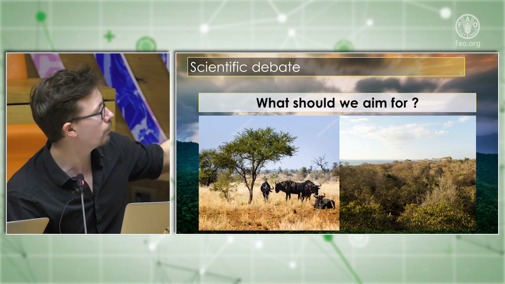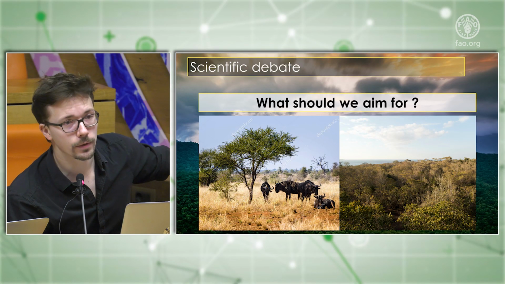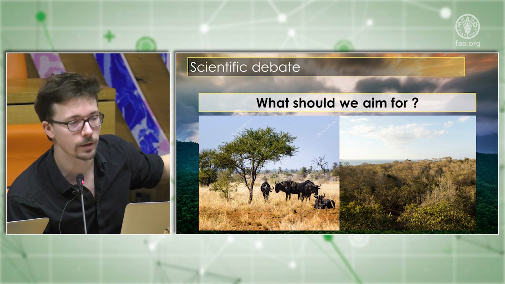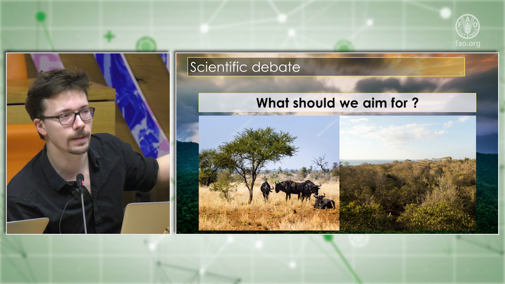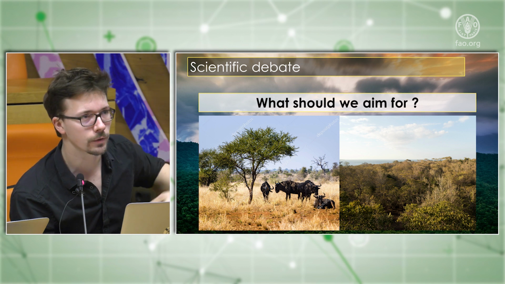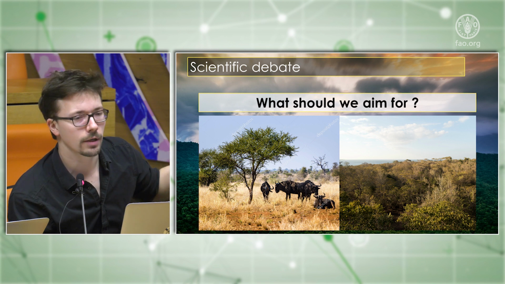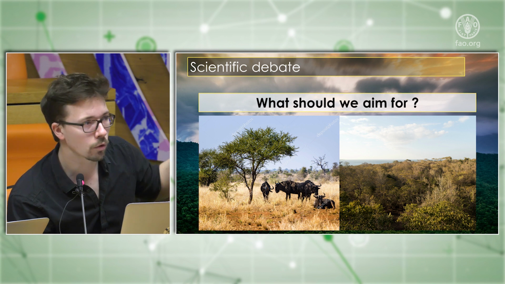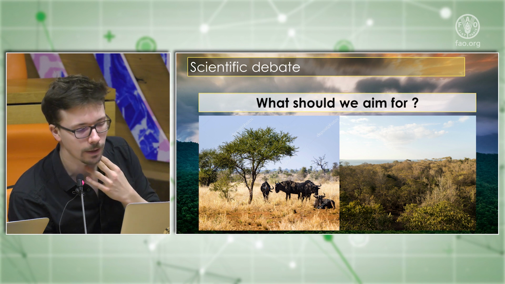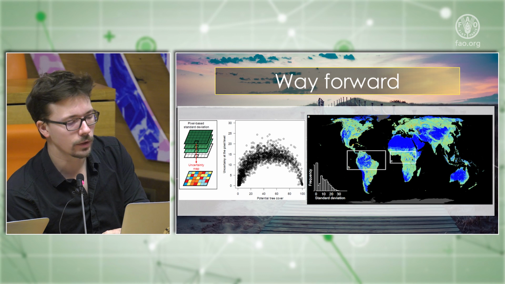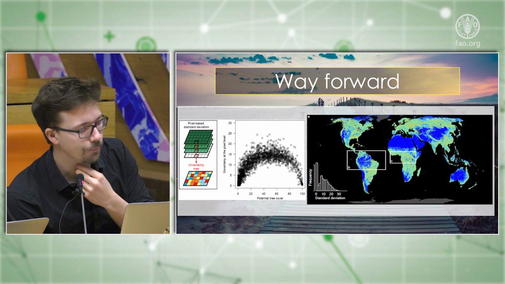I think that in some cases, of course, we need to conserve those ecosystems. So we probably need to do this management, prescribed fires, because we cannot lose biodiversity. There are a lot of people relying on that also, in local communities. But we also cannot avoid the fact that the natural structure of the vegetation could present many more trees and could store much more carbon. So the idea will be to try to take the best of both ends.